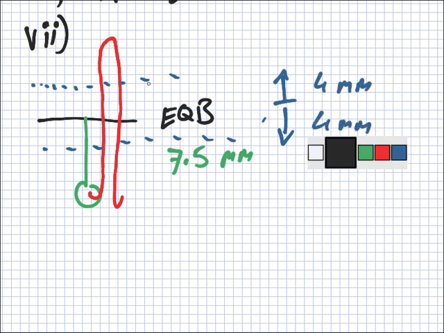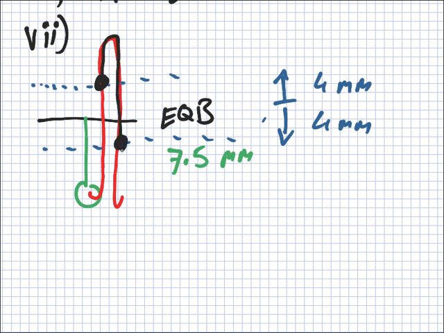So the 2 ways you can do it is you can be here, you can go up and down to 4, from 4 to minus 4. But that's not quite what they want. They want direct time. So that would be when it's here down to here. That's what they mean by the direct. So what we could do is find the time it takes to go all the way up and down to here. Then we could find the time it takes to go up and down to here, and then